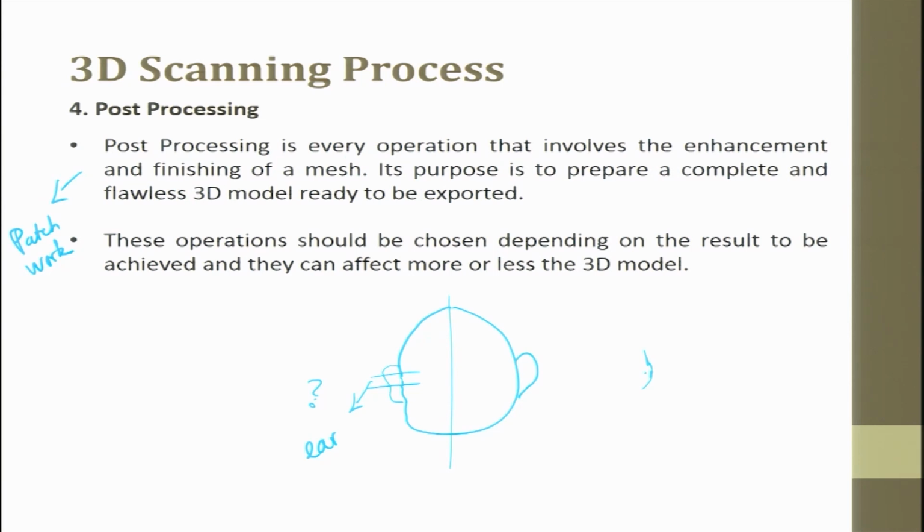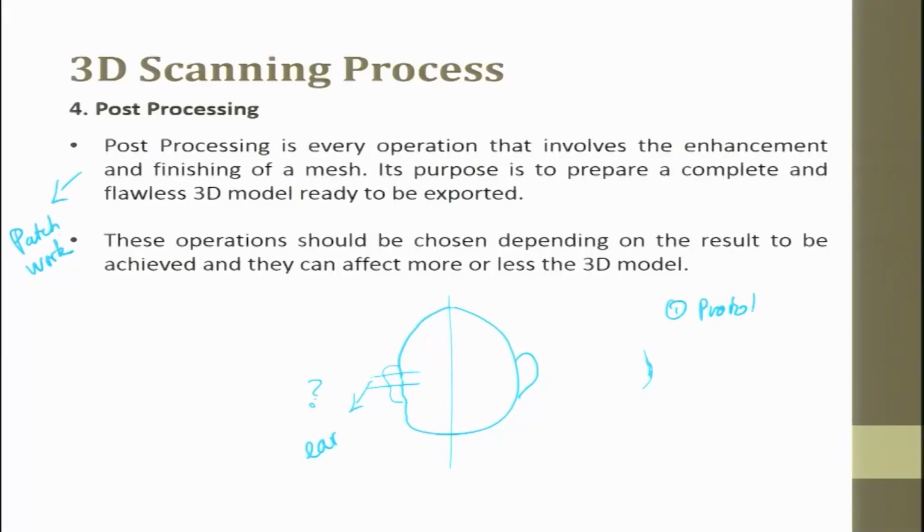It tries to find the best fit and then it tries to draw a curve in it. Okay. So, these jobs are called post processing jobs. Its purpose is to prepare a complete and flawless 3D object ready to be exported. So, the moment you do post processing, whatever data you get is the final data which can be used